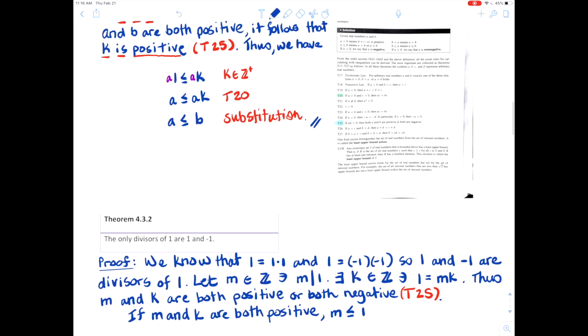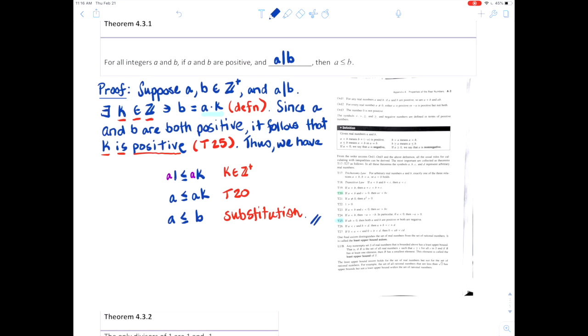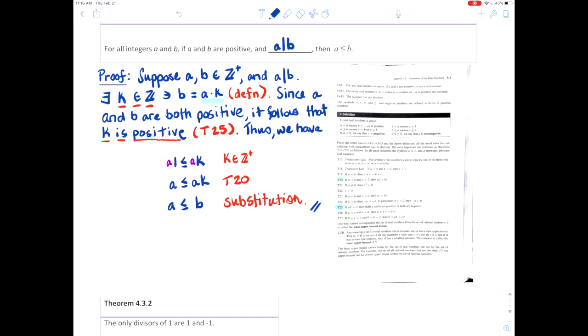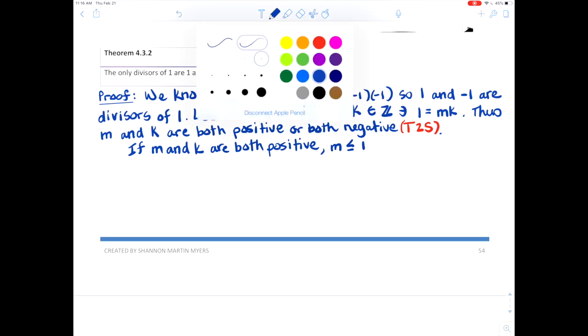This is from the theorem we just proved, right? If you've got two positive integers, and the first one divides the second, then that means that the first one has to be less than or equal to the second. So that is by theorem